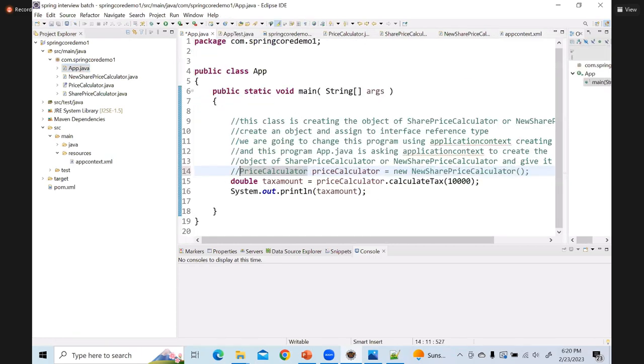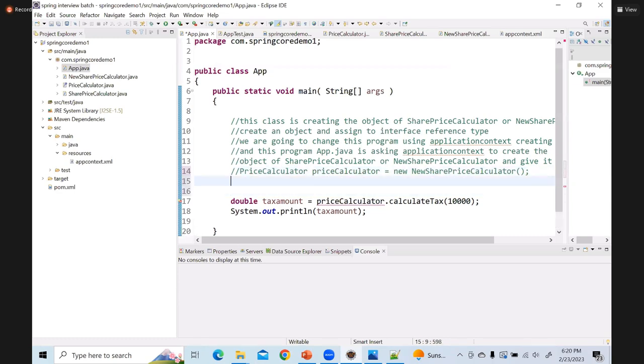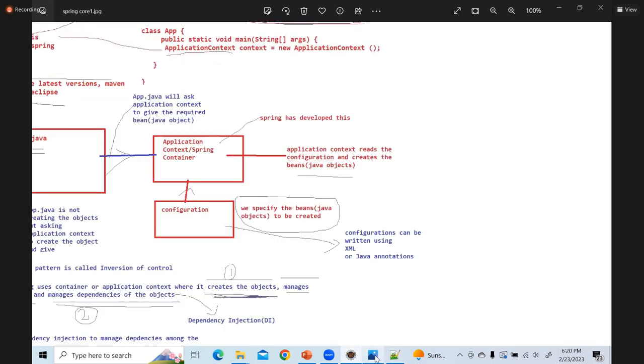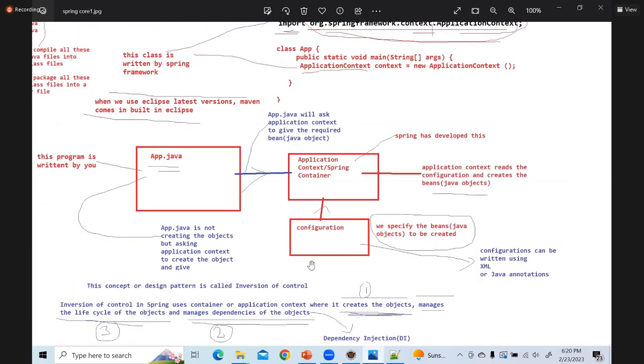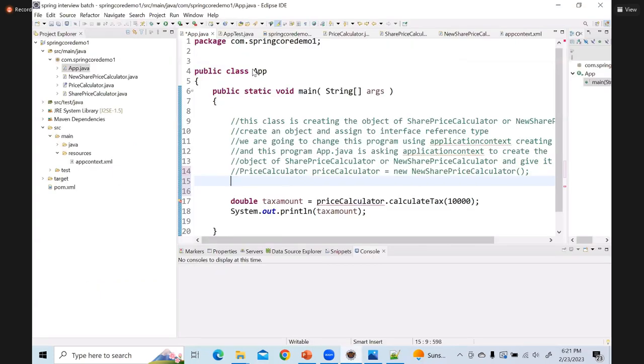so instead of having like this, instead of me creating like this, if you see this diagram, we defined the configuration, we specified the beans are to be created. Okay, we specified in the XML what objects to be created, and then your app.java is asking your application context or Spring container to create the objects and give it to me. Okay, so how it will ask, you see here, how your app.java will ask. Your app.java will ask in this way: